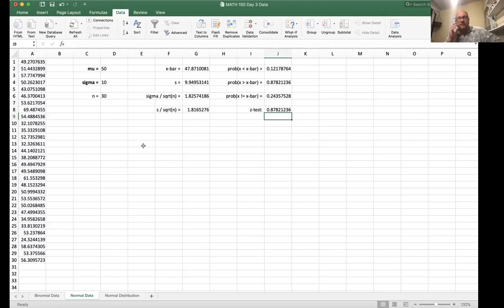It does. Okay. So if you take a look here, this 0.878 and so forth is the probability that X was greater than X bar. It will always be doing the right-hand part of it. If we look back here,